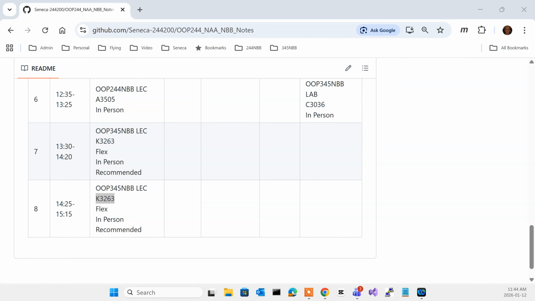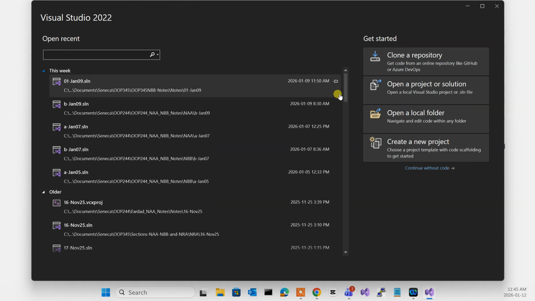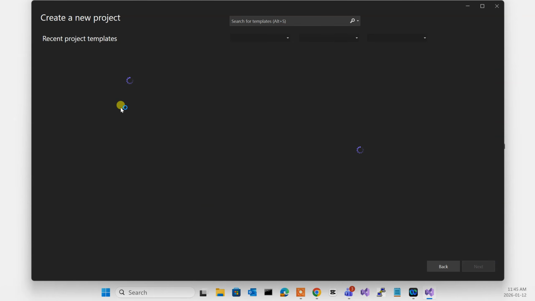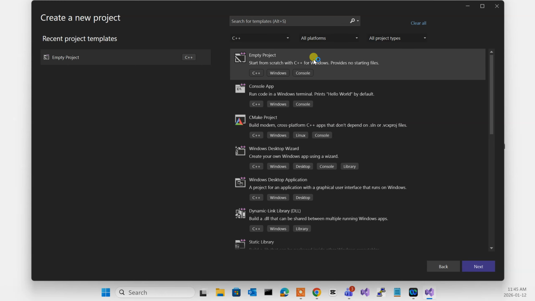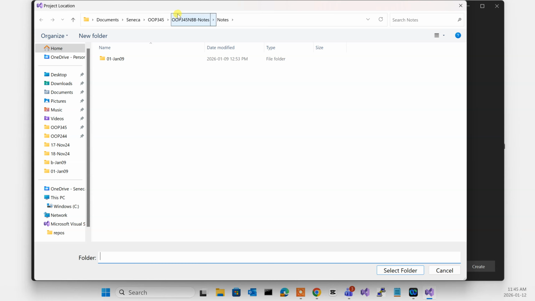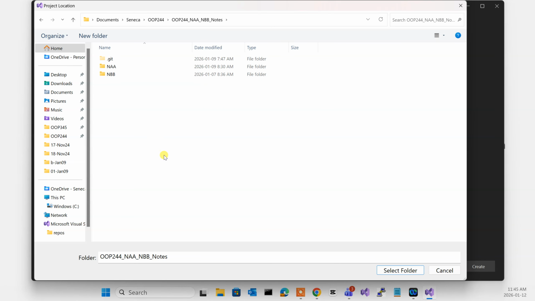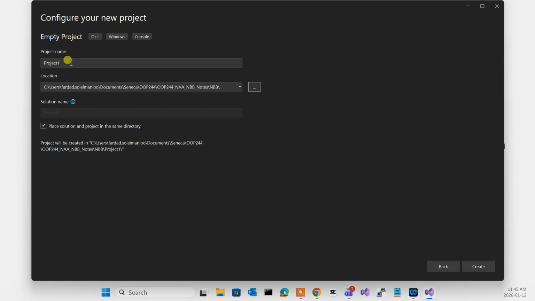Now, I'm going to start the session again by creating a new project, and then we're going to continue after that. All right, so creating a new project: C++ empty project, and hopefully this is going to be the last time I do this in class. Then you will select your repository, the one that you created in Workshop 0. I'm going to go to the OOP244 Notes repository, go to section NBB, and select the folder, and it's going to be called